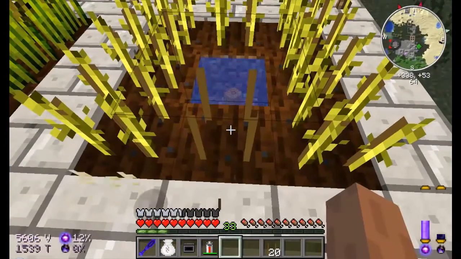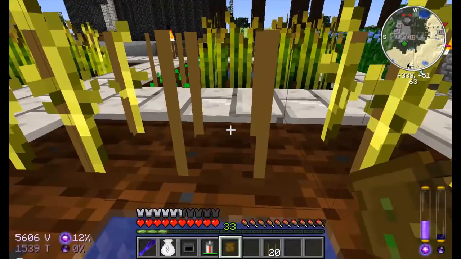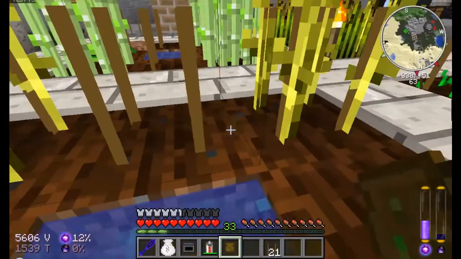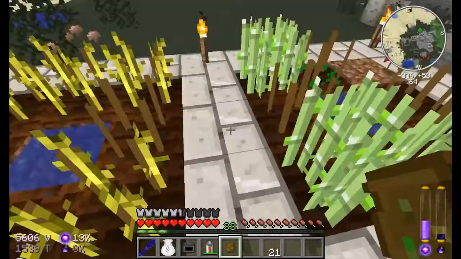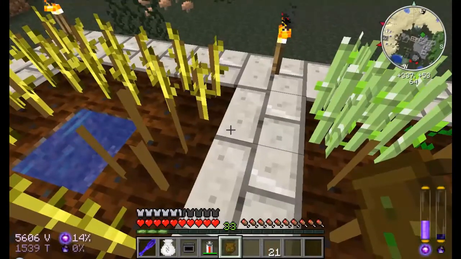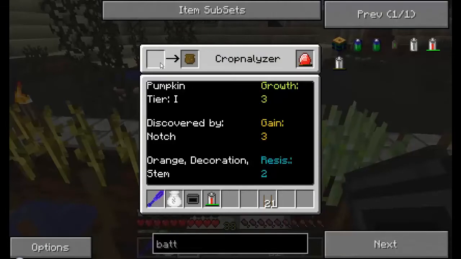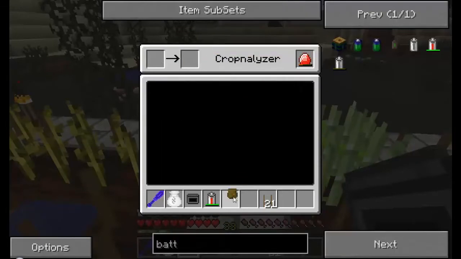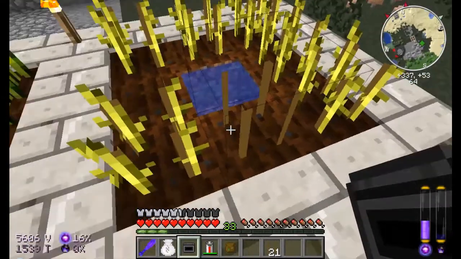Okay, if we take you out of there, we might actually get, yes we did, super seeds. So if we analyse that super seeds, that should be a super pumpkin seed with that luck. I know this is probably about as interesting as bees, but I find this slightly more interesting. Growth 3, gain 3, resistance 2. That's not only a pumpkin, that's a damn good pumpkin. I like that pumpkin. So we're going to grow that